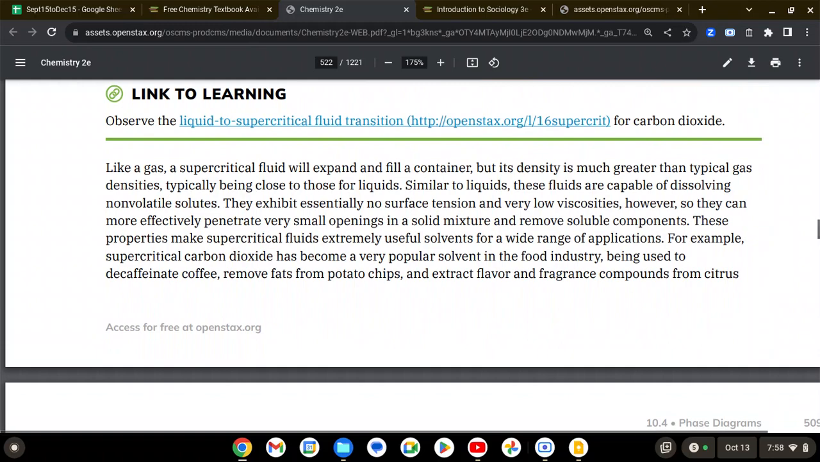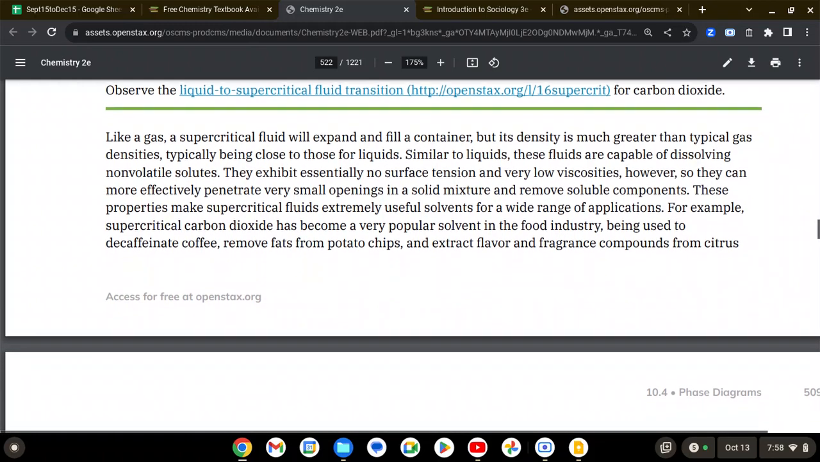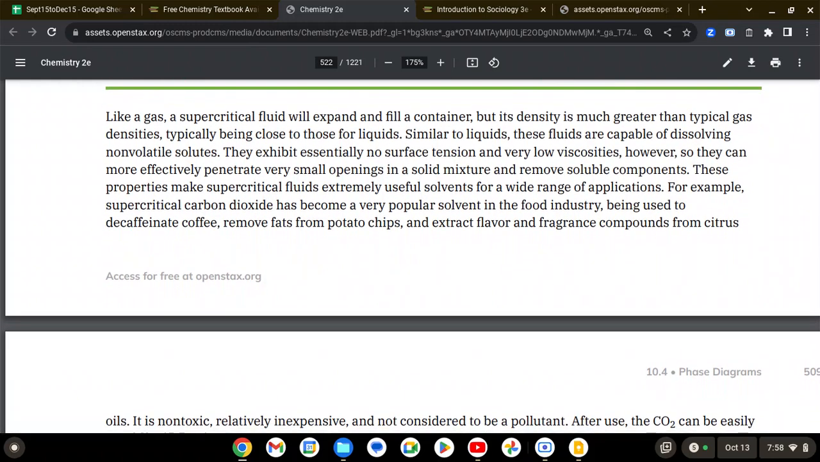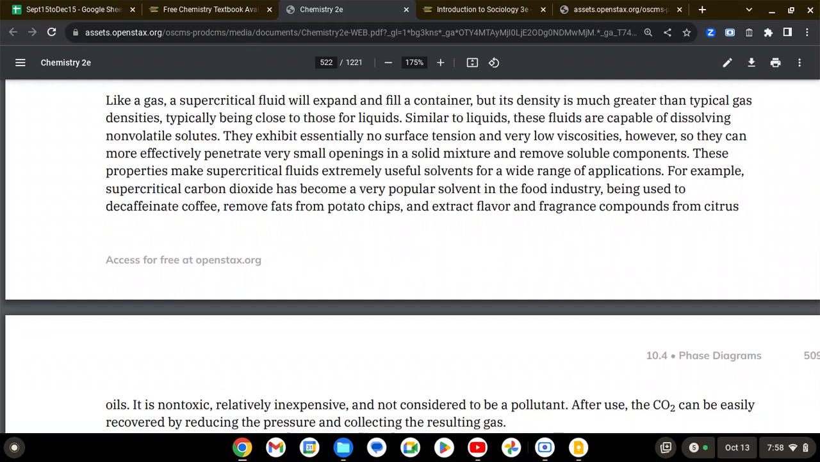Like a gas, a supercritical fluid will expand and fill a container, but its density is much greater than typical gas densities, typically being close to those